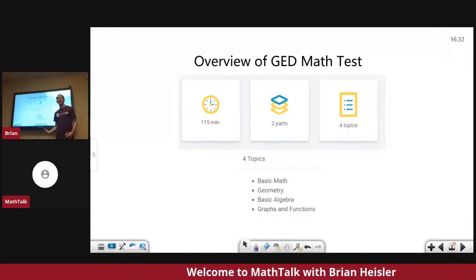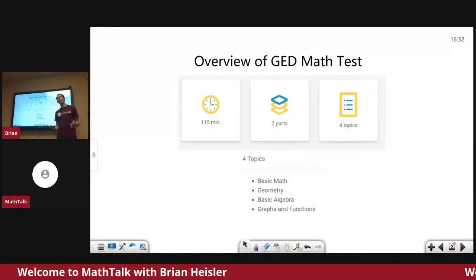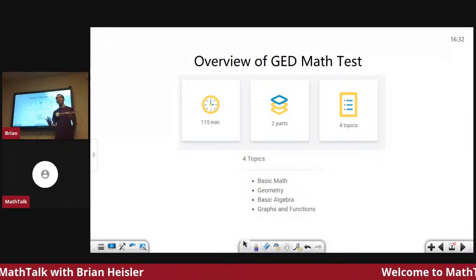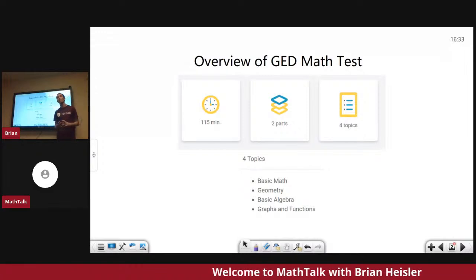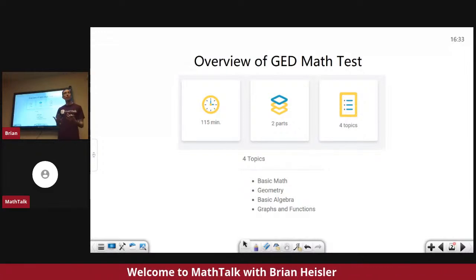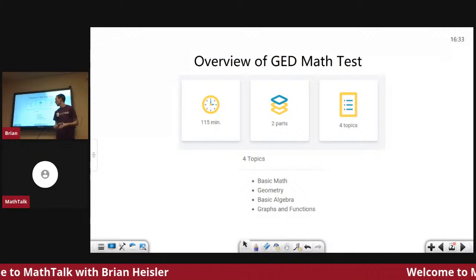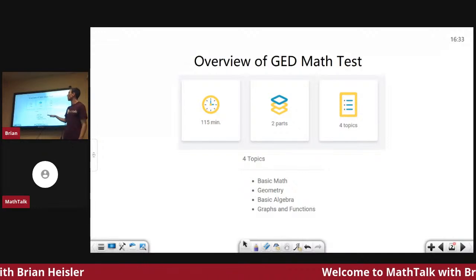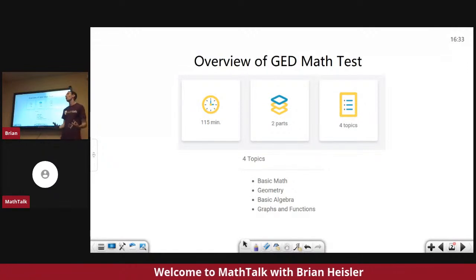The first thing I want to do is go over an overview of the GED math test. There's a lot on the test, and obviously it's going to help you out a lot if you know what to do to study, what specific topics and content, because the more narrow the research you can do to study, the better it's going to help you. I found this information on the GED website, which I'm going to go to in a little bit, but to give you a broad overview,